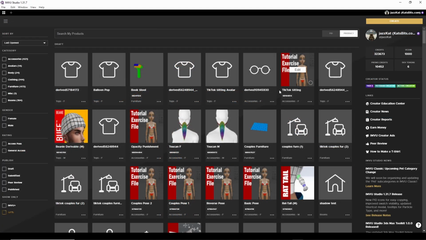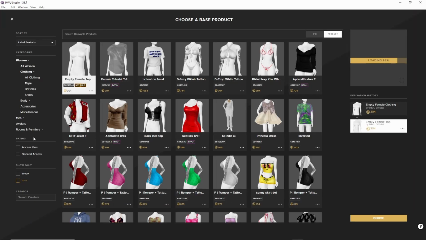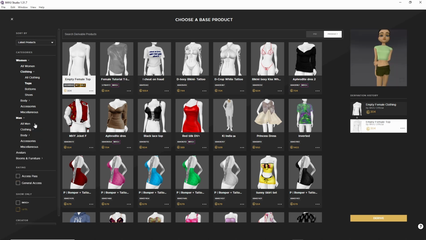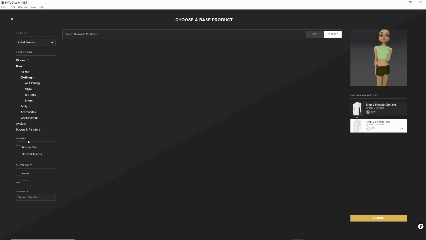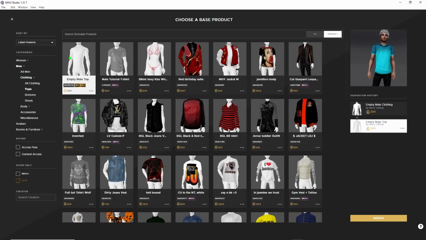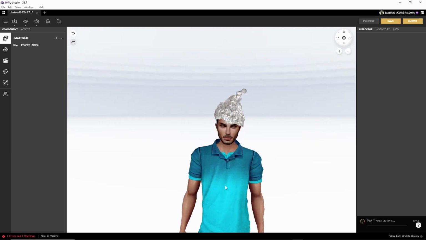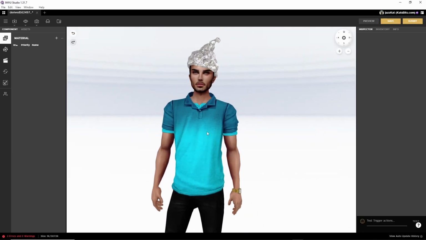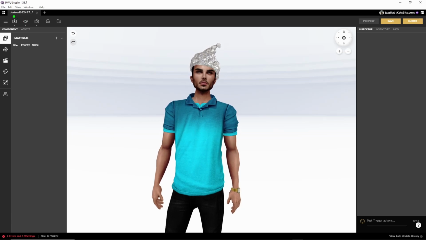So in IMVU Studio we need to create a new project. We use the male avatar, so men, clothing, tops, and we want to derive from the empty male top. So select, derive, there is our avatar based on our inventory. So all we need to do now is import our FBX file. So import FBX,